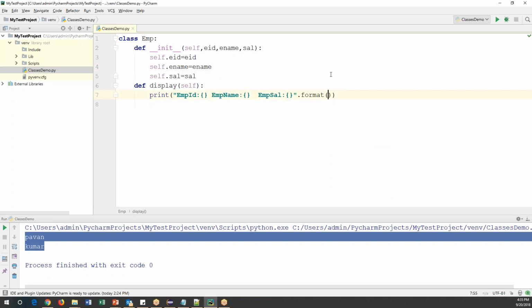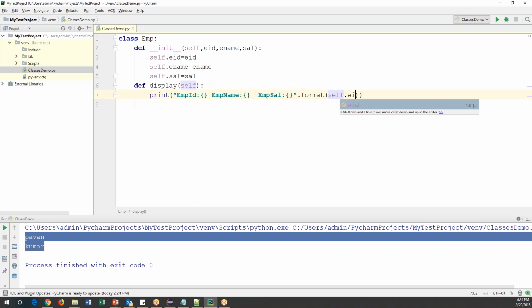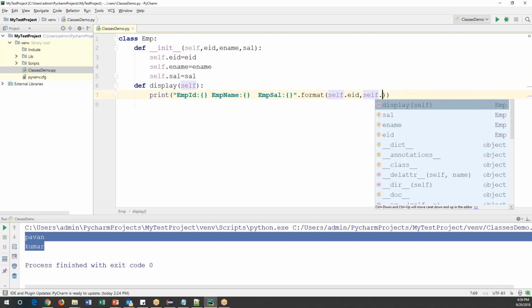Here order is important. These functions I have already covered in the previous video, so please check it. So self.eid. This is the exact order. Whichever order we are passing, the same value will go and substitute here. eid, and we need to separate with a comma, again self.ename,